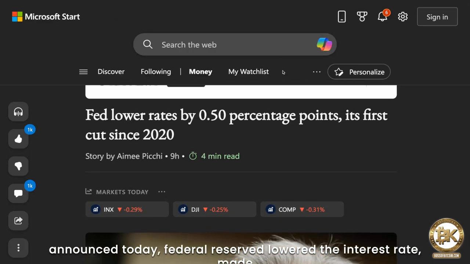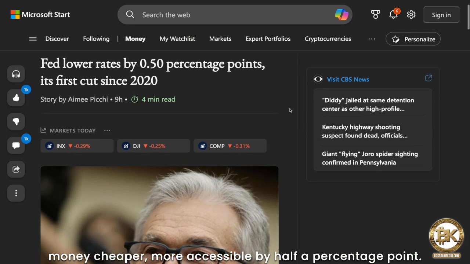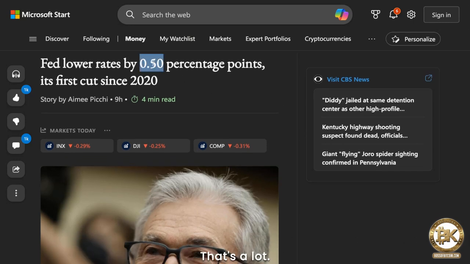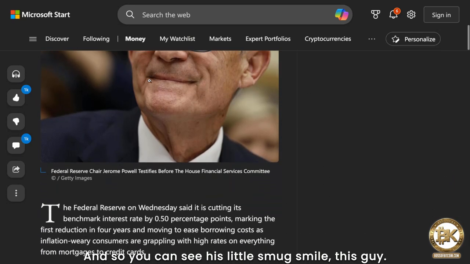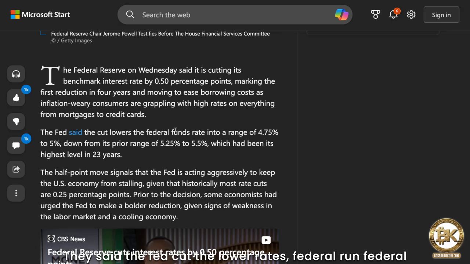The Federal Reserve lowered the interest rate, made money cheaper and more accessible, by 0.5 percentage point. That's a lot. Normally they do 0.25 percentage point moves, and they said this is the first time they cut it like that since 2020. And you can see his little smug smile, this guy. They said the Fed cut the federal funds rate into a range of 4.75 to 5, down from 5.5,